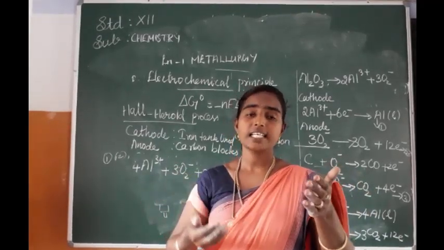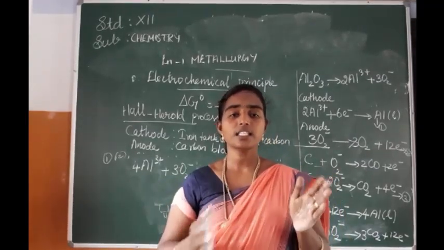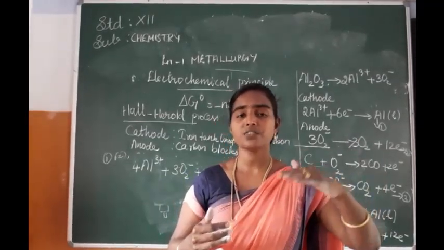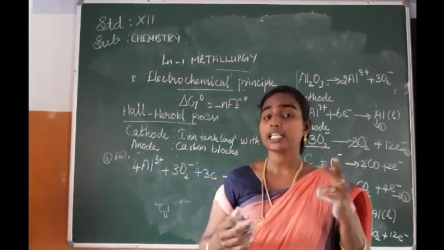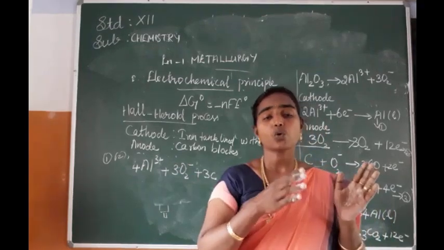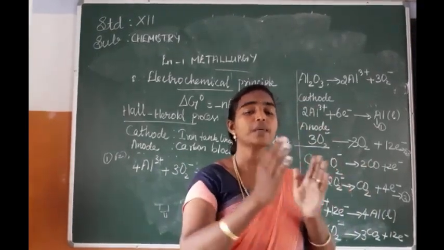Next, acid leaching, alkali leaching, ammonia leaching we have seen. So the first step of the metallurgical process is over. The second step is extraction of crude metal. Under that, roasting and calcination are important. Roasting and calcination are used for the conversion of ore into metal oxide.